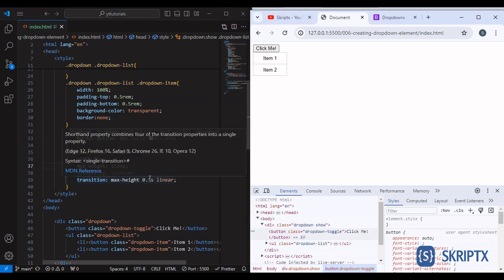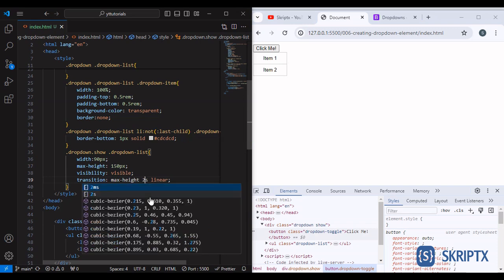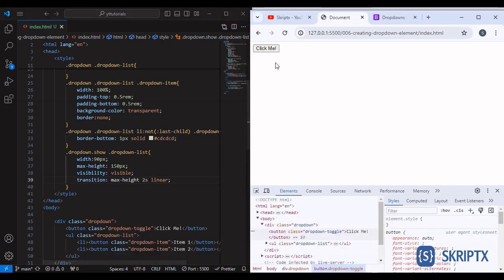Alright, so for better viewing, let's go for 2 seconds so that you can see it easily. Right. So that's how we can create a drop down. Now you can use it anywhere on your